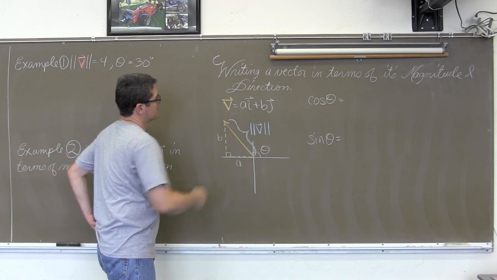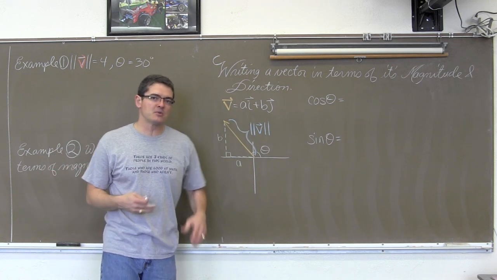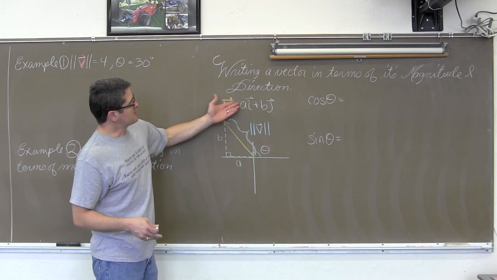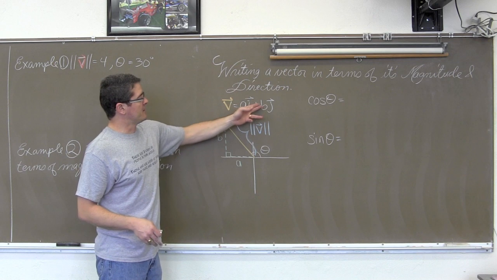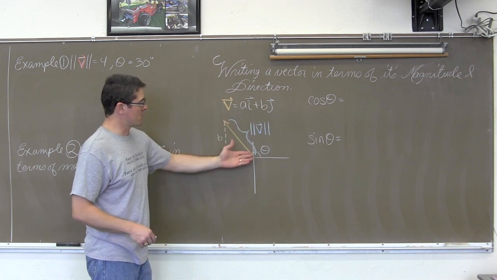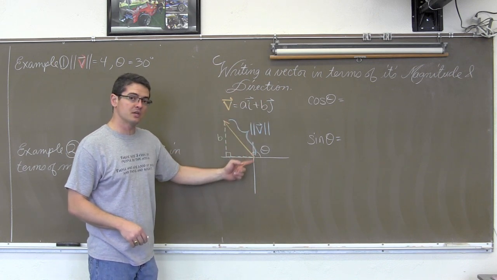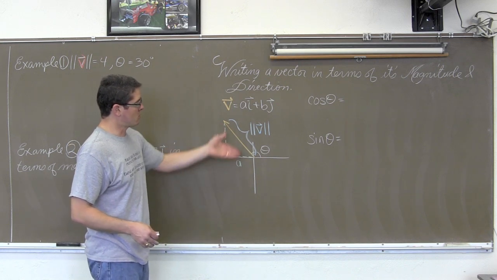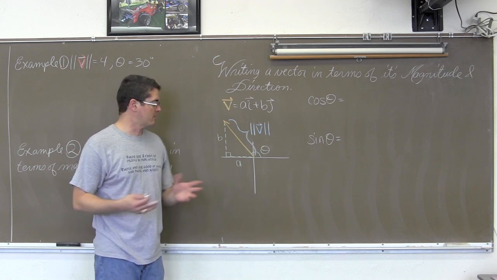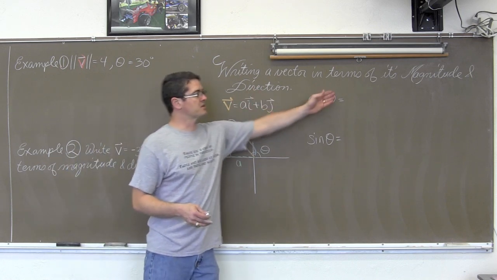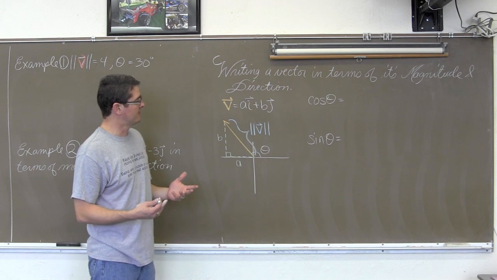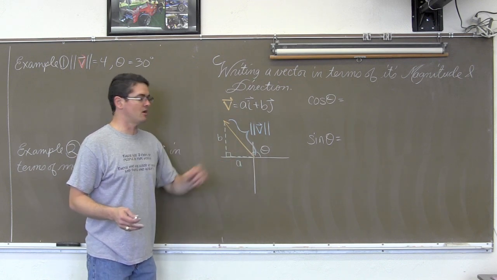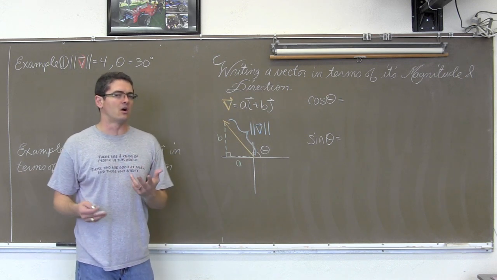We've got a little diagram set up here, and from that diagram let's come up with some formulas that we already know. Vector v is a times vector i plus b times vector j. I've got it drawn with its initial point on the origin, just for convenience's sake, it doesn't need to be. I've got it drawn in quadrant 2, but I'm not going to crunch any numbers, so I'm not worried about signs. Let's look at the cosine of theta. The cosine of theta is adjacent over hypotenuse.